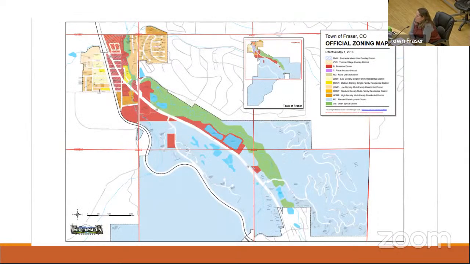So this is our official zoning map for the town of Fraser. And just wanted to point out the areas in red are zoned business, commercial, and the kind of beige and yellow areas are residential districts. The blue area is all planned development district, and actually 75% of the town of Fraser is zoned planned development